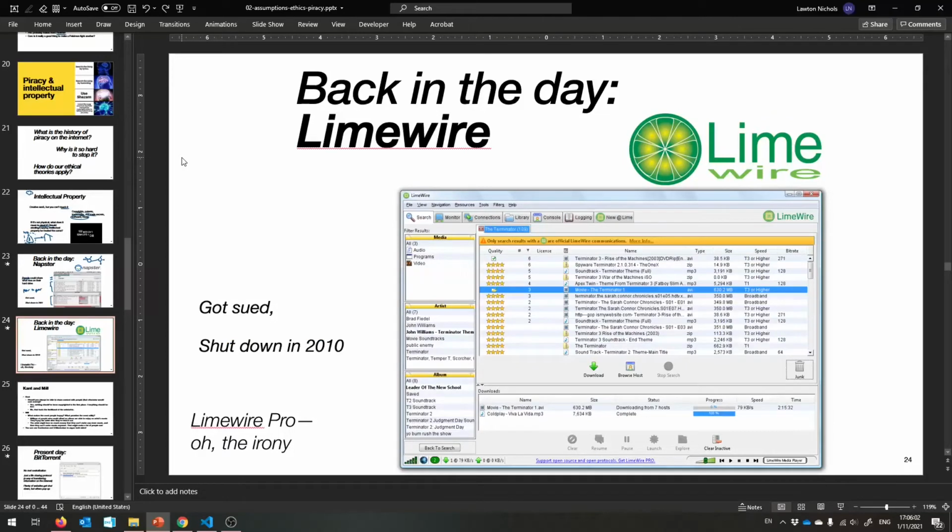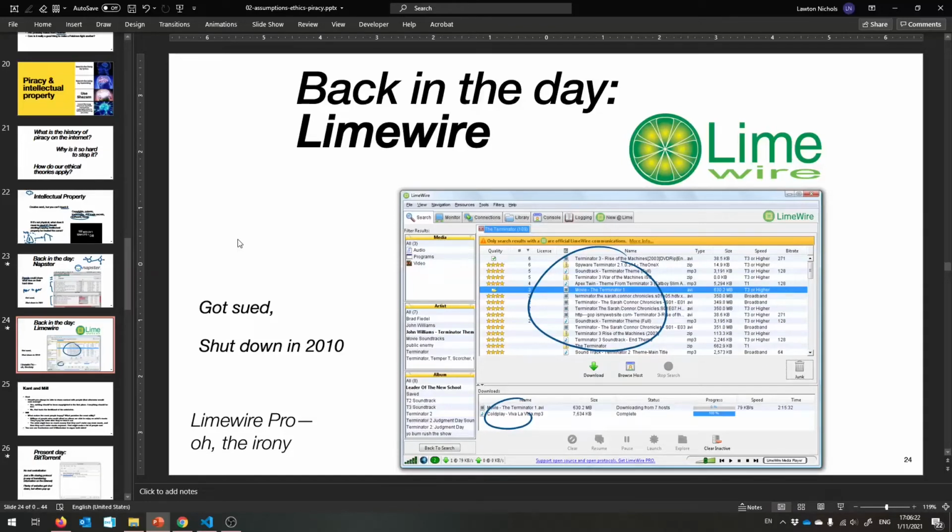Okay, the next thing that was popular was essentially a clone of Napster called Limewire. It was just another file sharing service. Again, you're connecting to a network with people sharing their things, and you can search for them, and you can download them onto your own computer, and you can share what you have with people.